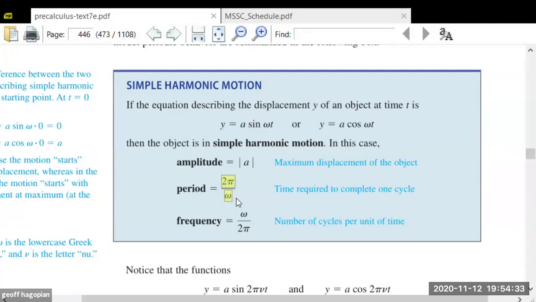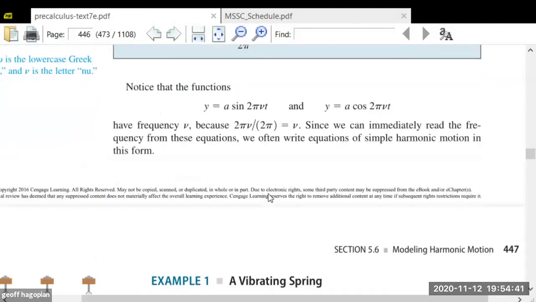The frequency is just the reciprocal of the period, and the amplitude is the absolute value. We want to think of the amplitude as positive, right? So if A is negative, that means you've got some kind of a reflection. So note that if you were to put a factor of 2 pi in there, then